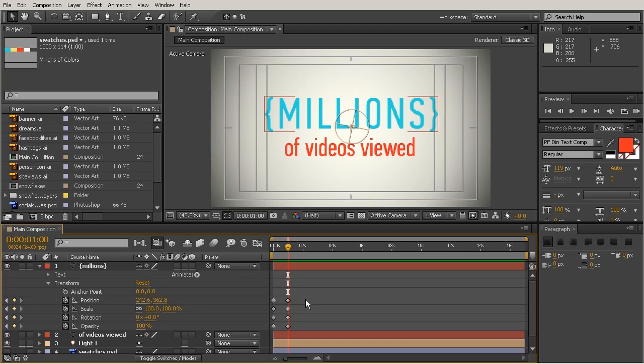So later on we'll talk a little bit more about this anchor point transform property, but for now you've learned about the 4 most important transform properties that you're going to be using as a motion graphics designer. Now, there are other ways to animate text besides just setting keys for the transform properties, but for now,